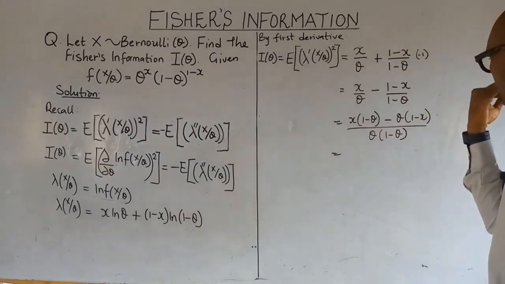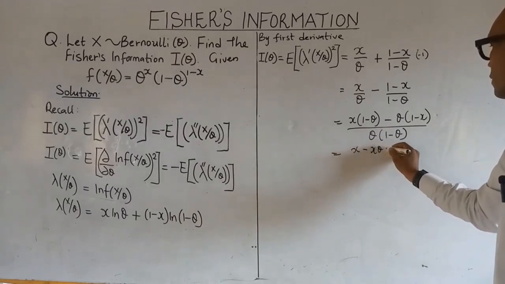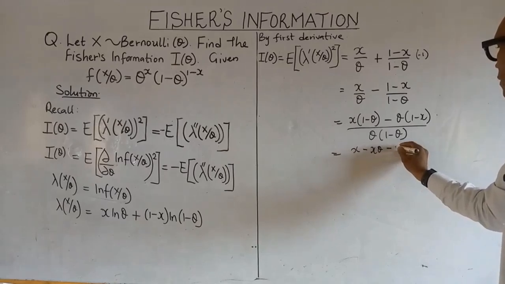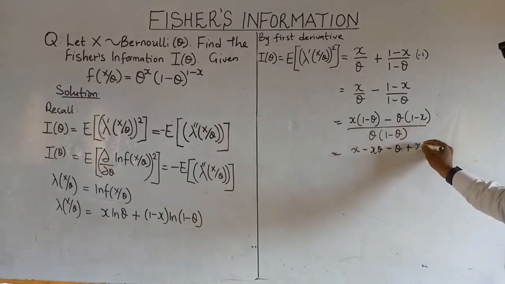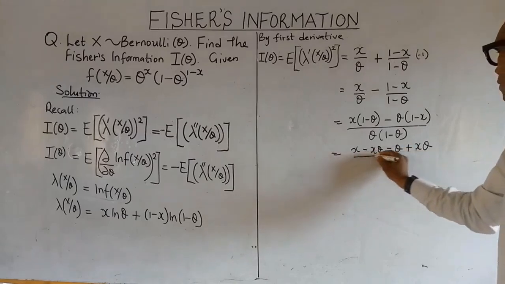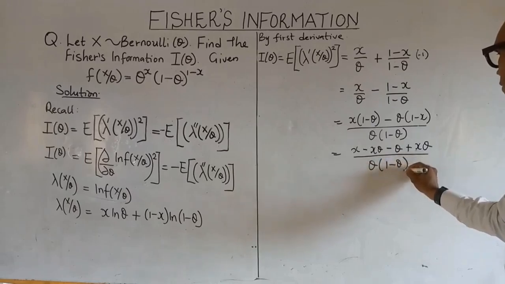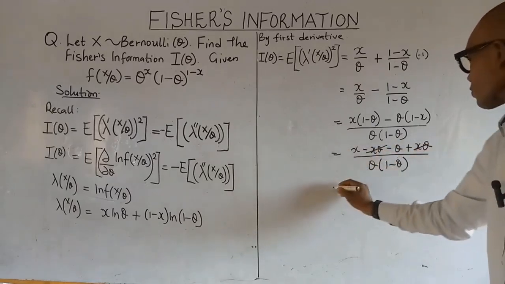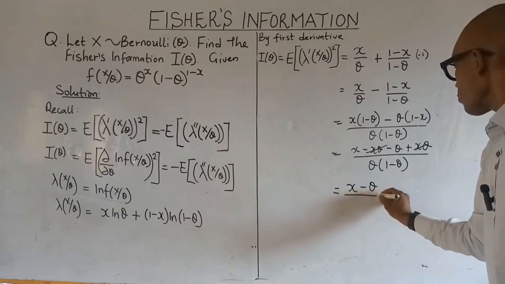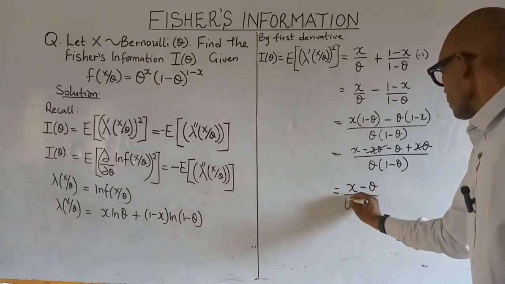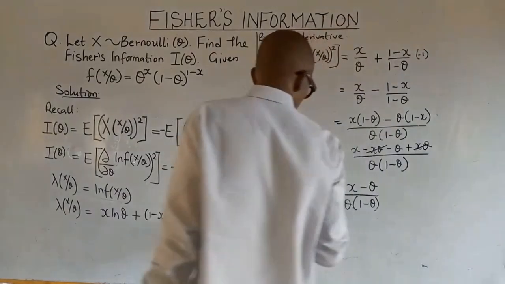If we expand the brackets, we get x minus x theta minus theta plus x theta all over theta times 1 minus theta. So this will cancel this. You will now be left with x minus theta all over theta times 1 minus theta. So if you compare it with the Fisher's information,